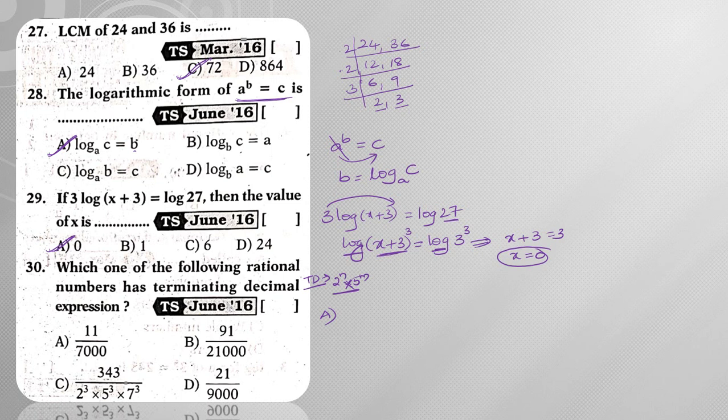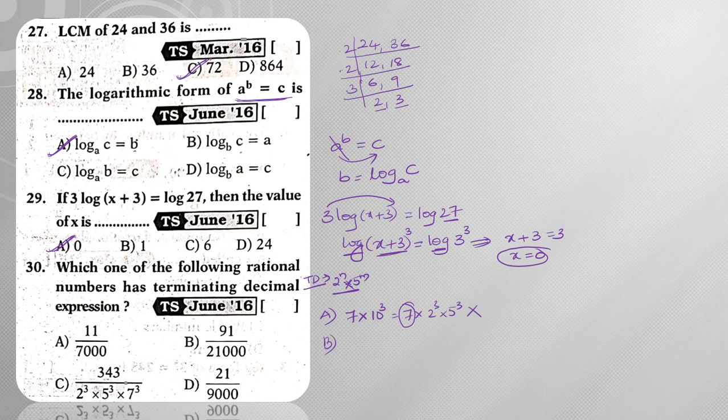After doing the whole cancellation, we need to verify the denominator. So first going with option A. In the numerator we have 11, in the denominator we have 7,000. 11 cannot be cancelled in 7,000, so directly going with the denominator. I can write this as 7 into 1000. 1000 I can write as 10 cube, which I can write as 7 into 2 power 3 into 5 power 3. Here other than 2 and 5 we have 7 as a prime factor, hence it is not a terminating decimal, right?